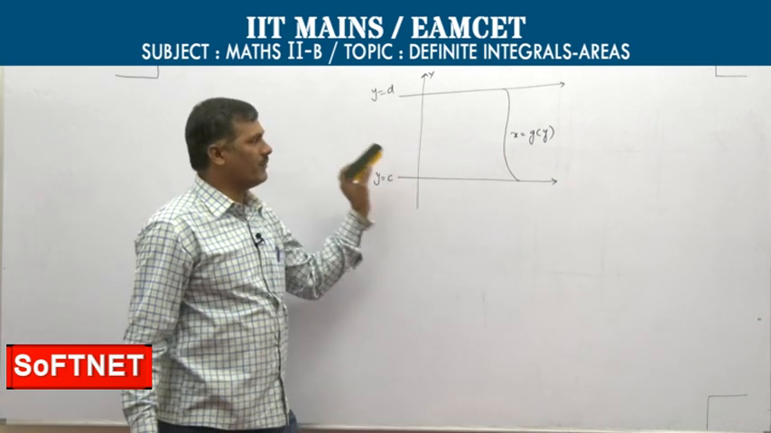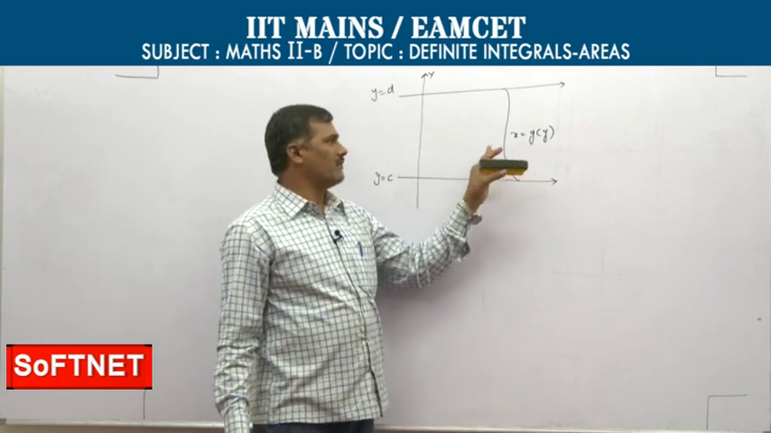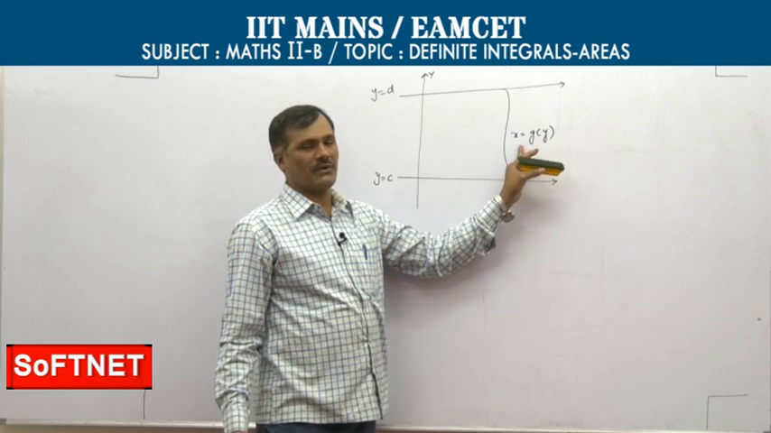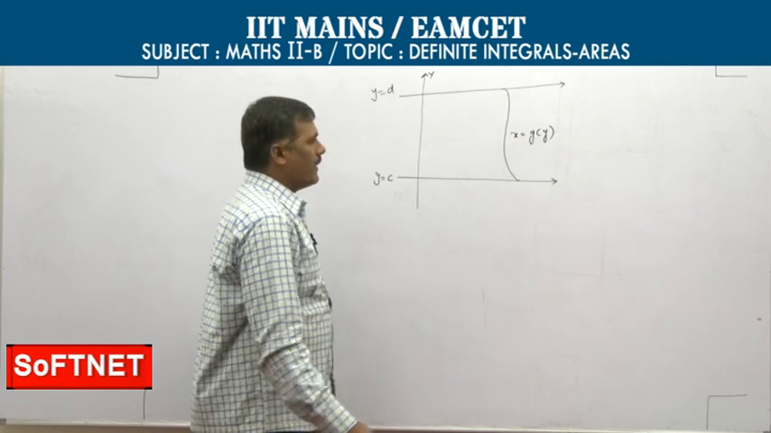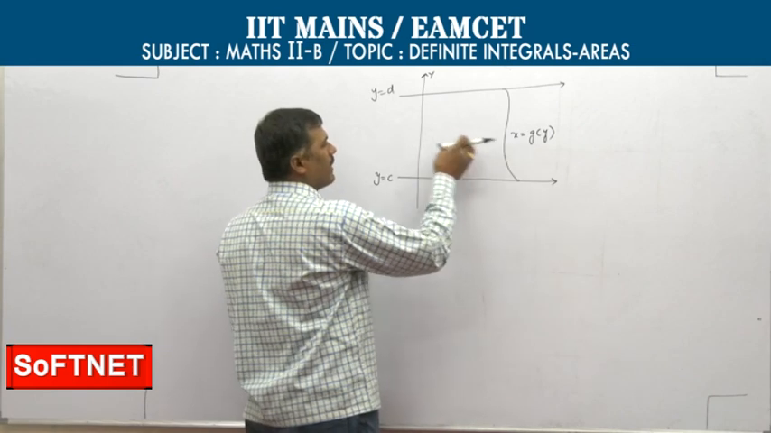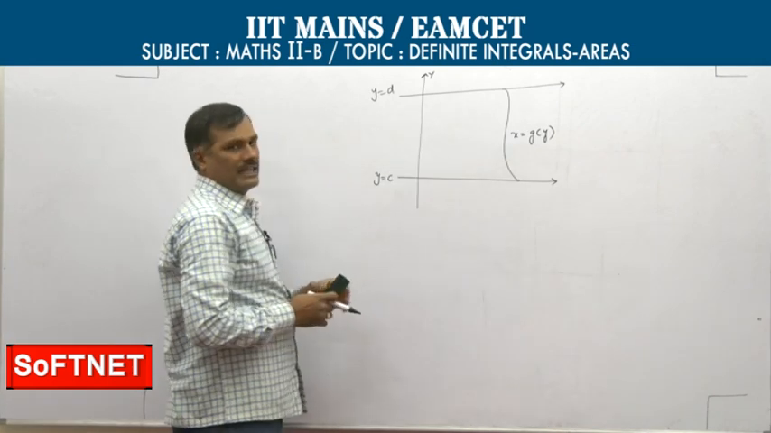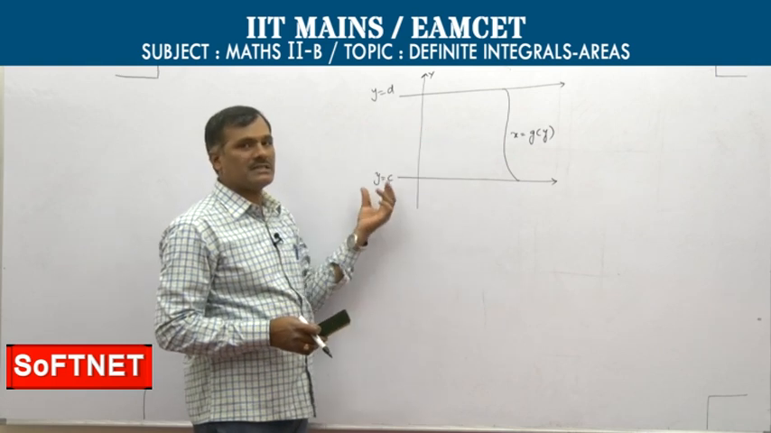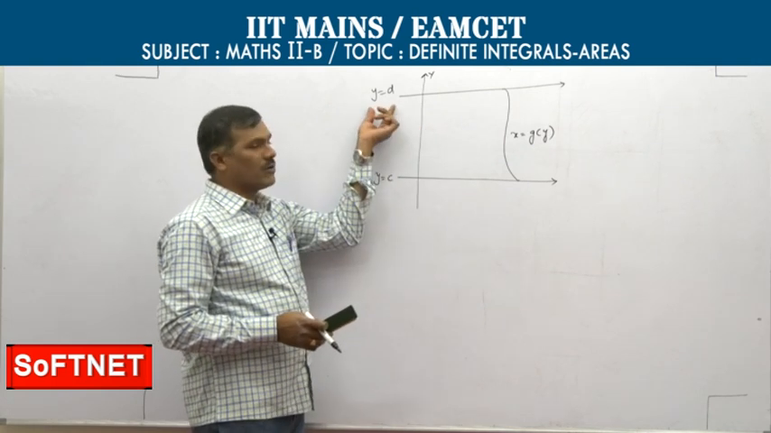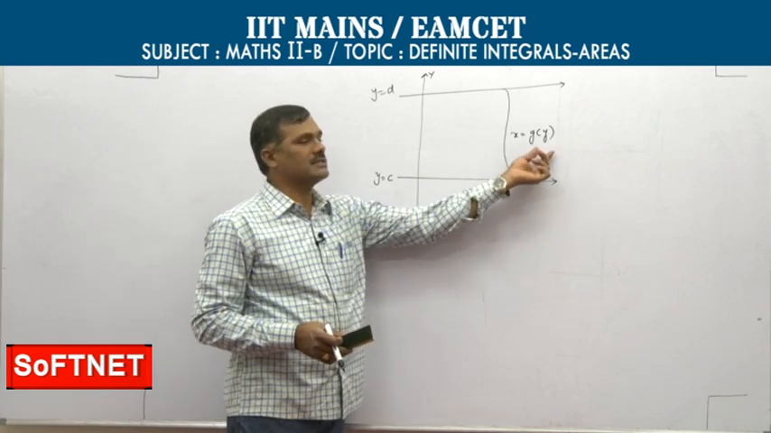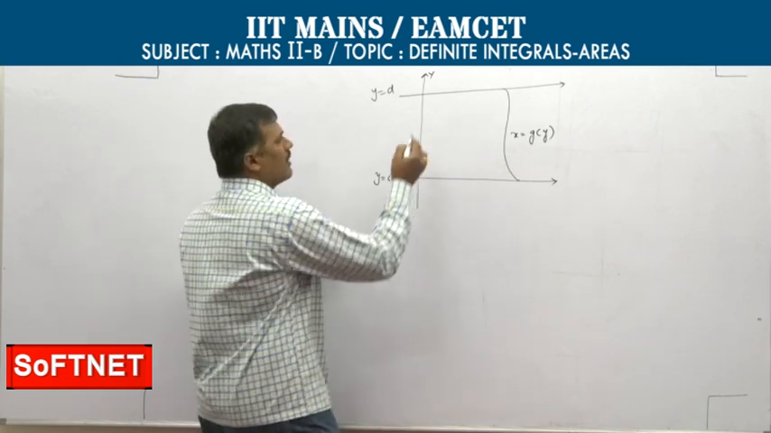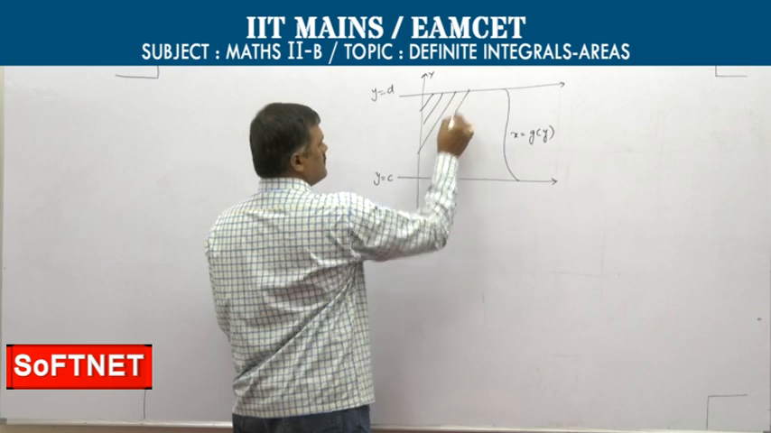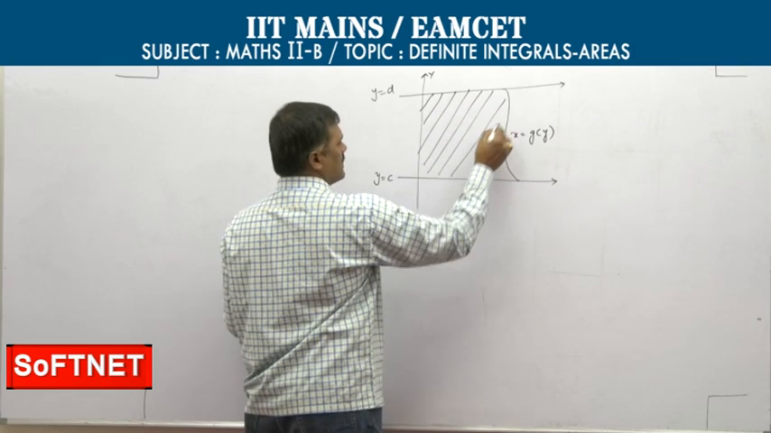Previously, y equal to f of x is a curve. y is a function in the variable x. Here x is a function in the variable y. To find the limits of this function, we apply the area with the y-axis and the lines y equal to c, y equal to d, bounded by the curve x equal to g of y, right? It is the required area